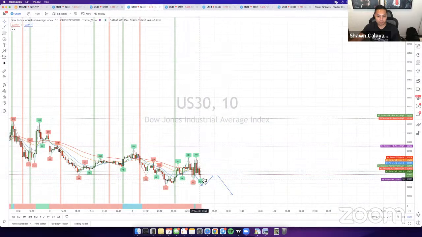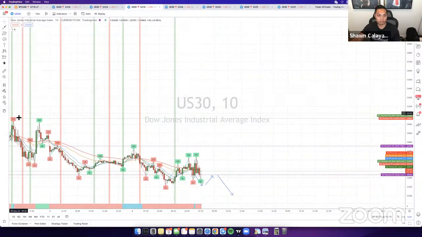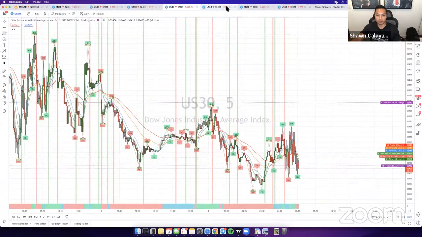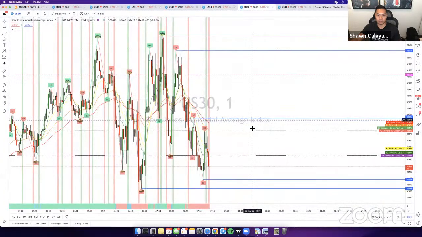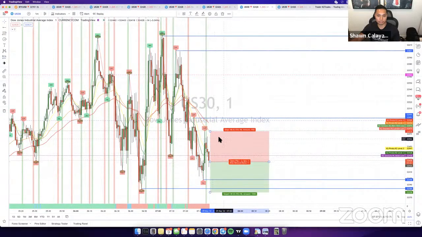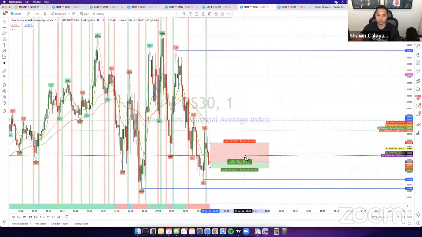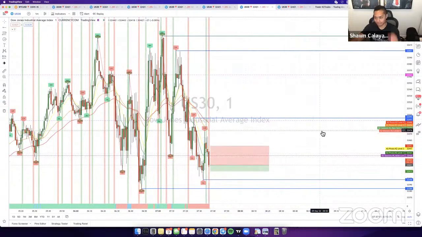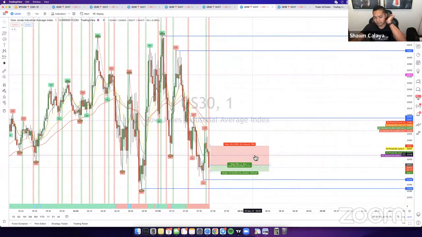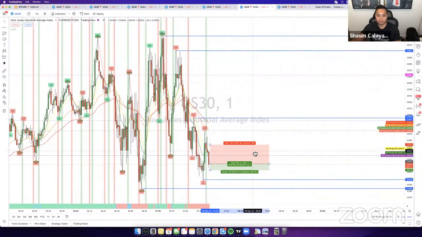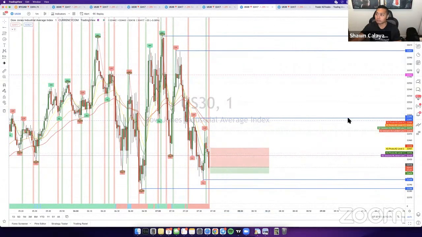Nothing here off the 10, but you guys can see it's kind of doing what we anticipated. So we're tracing off here, coming back down. So I'll still be following this here off the 10. Still looking for that. There's nothing off the 5, nothing off the 3. Technically another pivot scalp here, but as I mentioned, if this candle is too big, I'd have to wait for it. I'm just hoping it doesn't close with the sell signal because if it does close with the sell signal, I'll probably wait for it to retrace a little bit and then maybe hop in for a late entry. Because this candle here is too big.